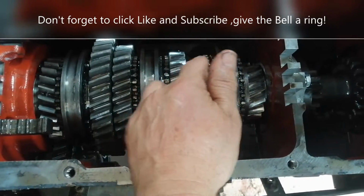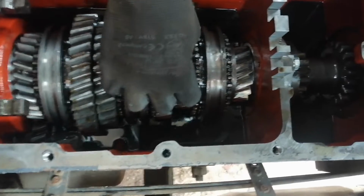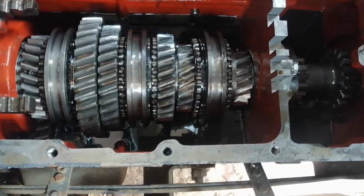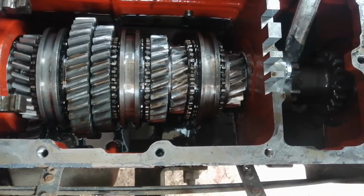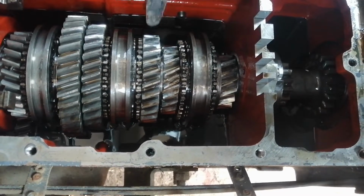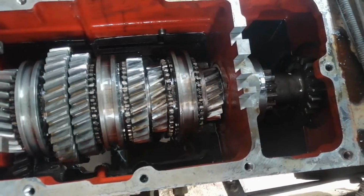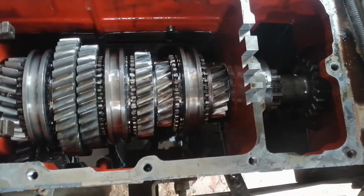Reverse, 1, 2, 3, 4, 5. Yeah. Can't see what's wrong with that. There's no teeth missing, is there? No, that's just spinning that shaft. Try. No. No. You sure it's in neutral? Well,